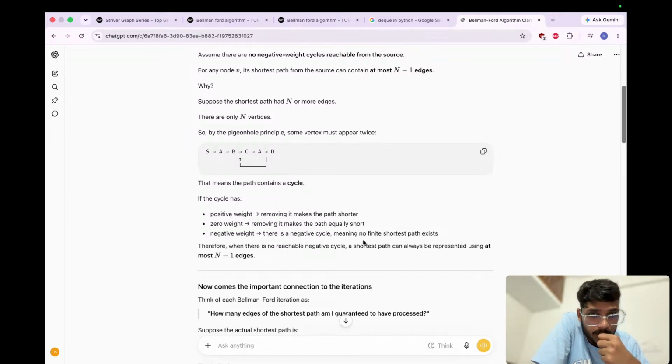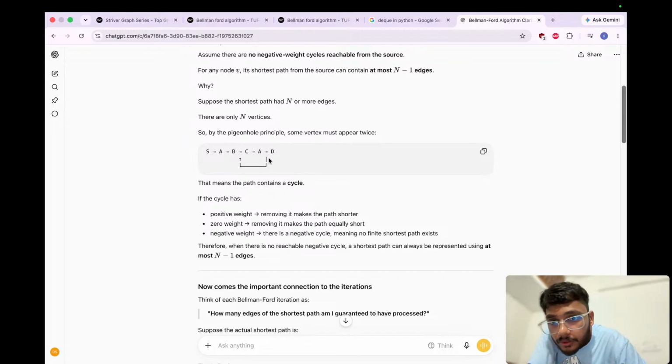Okay, got it. Positive weight, removing it makes the path shorter. So there are two paths from, let's say, A to D, A to C. Let's take A to C. There is a path. Let's say D to B, or D to C. There is a path, and